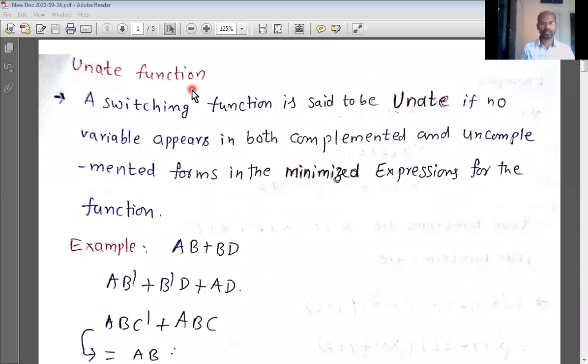What is unit function? A switching function is said to be unit if no variable appears in both complemented and uncomplemented form in the minimized expression for the function. Means, let's say there is a switching function or Boolean function, and after minimizing, if any variable appears only in one form, either in uncomplemented form or complemented form, such function is said to be unit. For example,